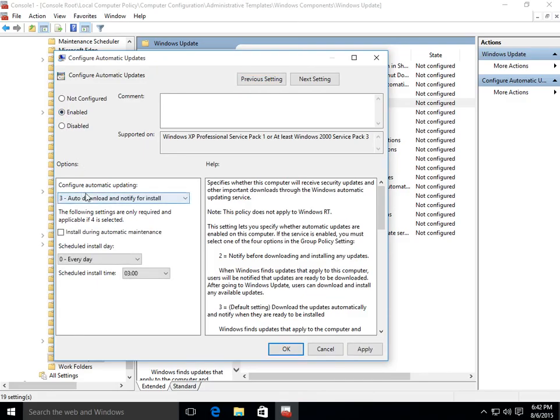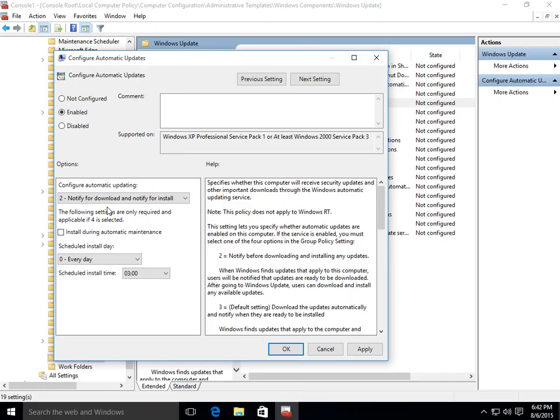Right down here under Configure Automatic Updating, we have some options now: Notify for Download and Notify for Install, Auto Download and Notify for Install, Auto Download and Schedule the Install, and Allow Local Admin to Choose Setting. I'm going to select Notify for Download and Notify for Install. This way it will prompt you to download and also prompt you to install the updates,